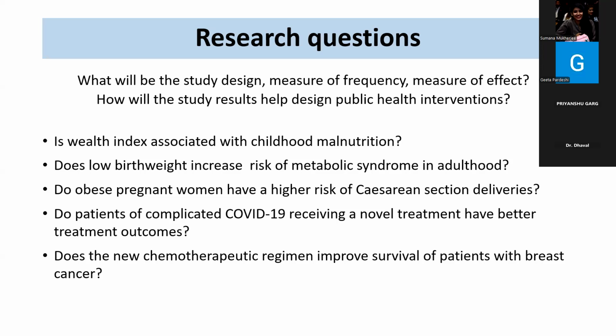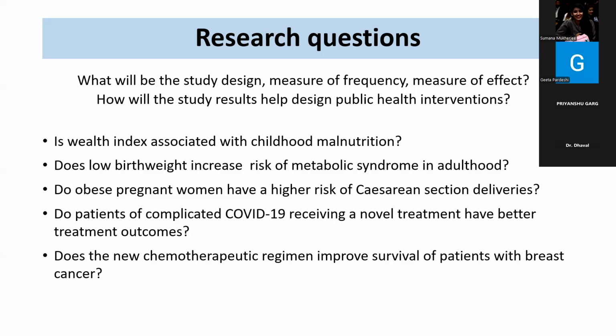So you would identify individuals with metabolic syndrome in the present time. You will identify individuals without metabolic syndrome, and assuming that there is good record keeping and all these people have records of their birth weight, you will get information on their birth weight. That is the exposure, and you will calculate an odds ratio. You will not be able to calculate the prevalence rate or the incidence rate here. You will be able to calculate the odds and the odds ratio. Are you getting me,